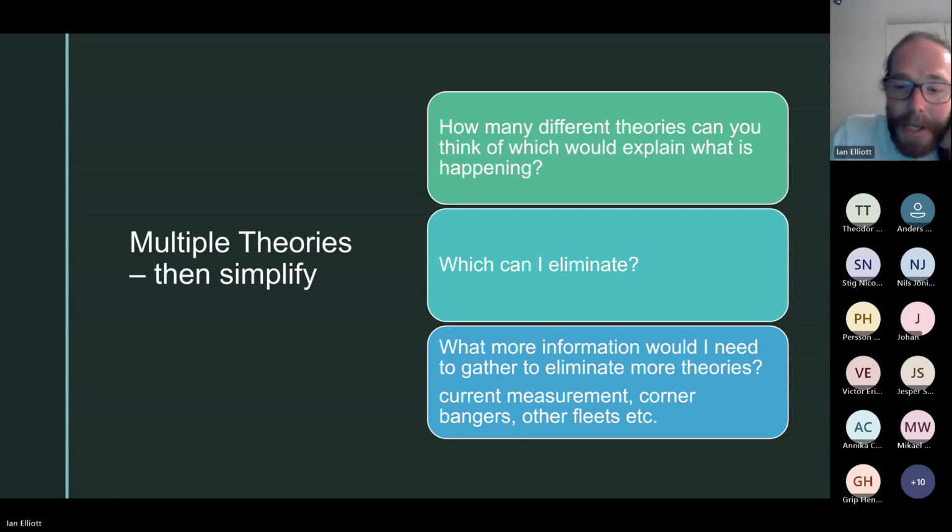Will a split tack tell you the answer? Will speed tuning tell you the answer? Do you need to get your coach to take some measurements? Can you collect information from the previous fleet? For example, sometimes there's two races in a row where the right pays off, and people are like, oh, okay, well, I'm going to blindly go right next